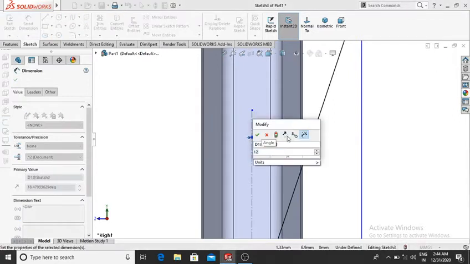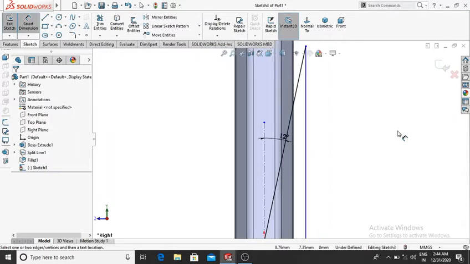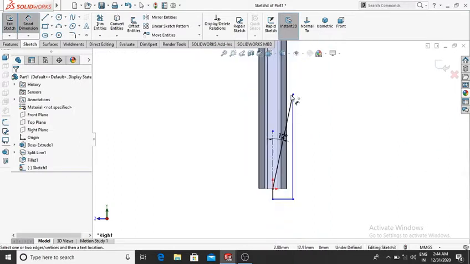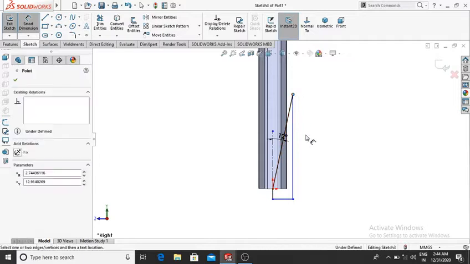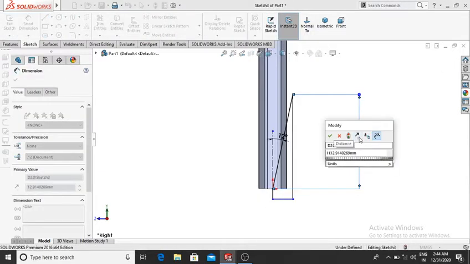Make it 12 degrees. And from this point and this point, this will be 11.76 mm.